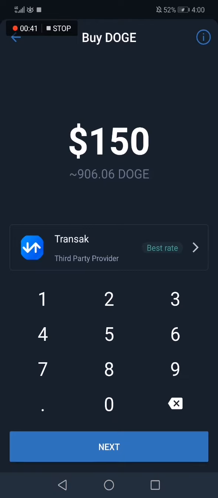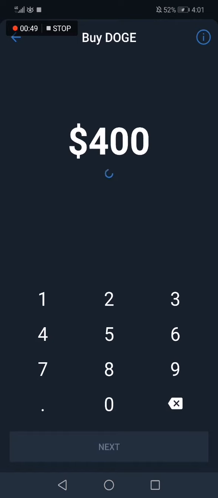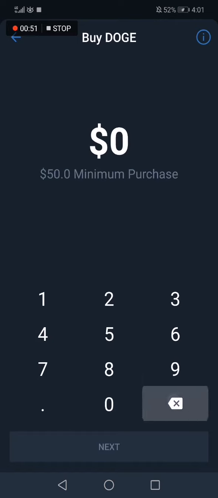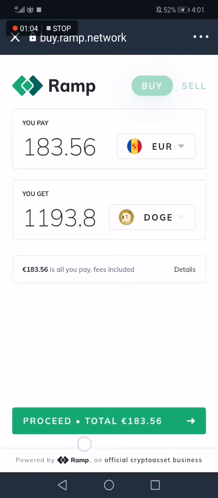Click on it and choose the amount of money that you want to invest in the Dogecoin, like $400 or 200, and then click next here. And after that you need to choose your country here and click proceed here